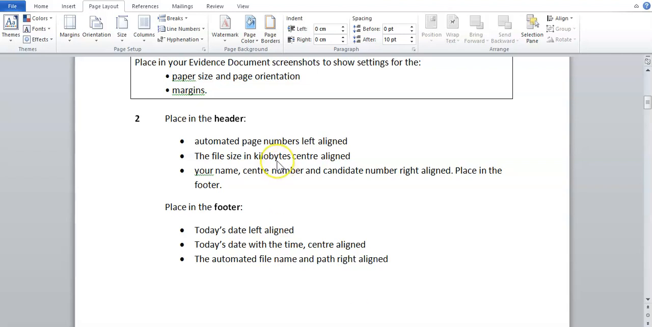Okay guys, so this is step 2. We're going to be looking at headers and footers in this video. So this is: place in the header automated page numbers left aligned, the file size in kilobytes center aligned, your name etc. right aligned, and place in the footer, so that should be a separate line there, but place in the footer here, it says today's date left aligned, today's date with time center aligned, automated file name and path